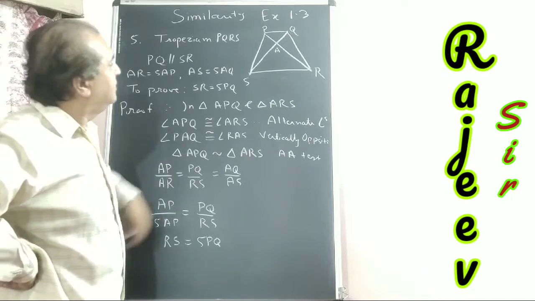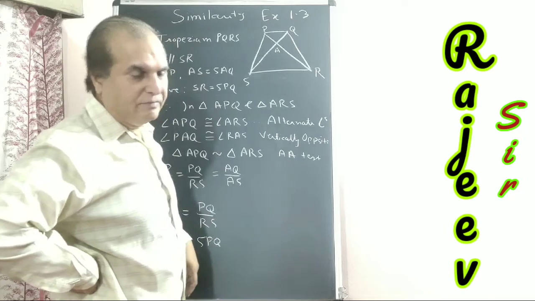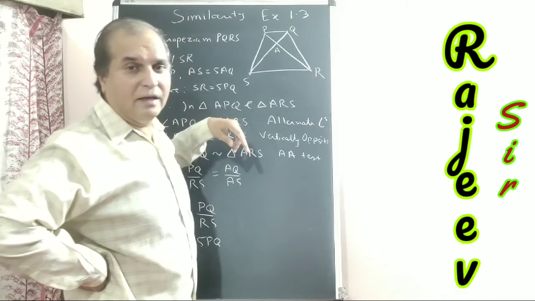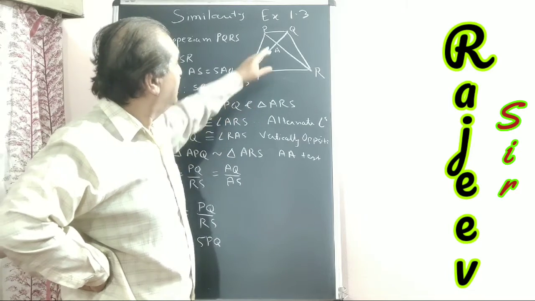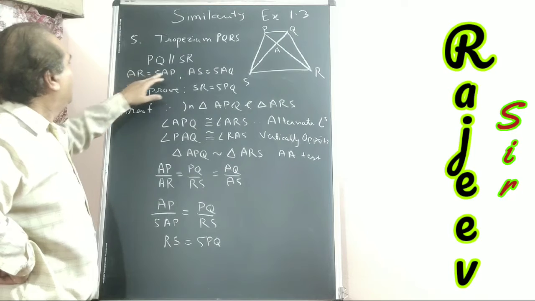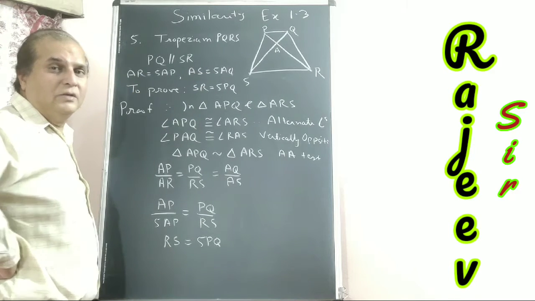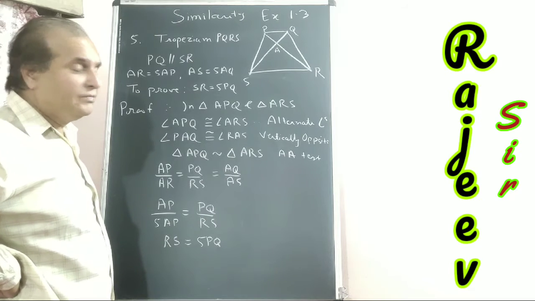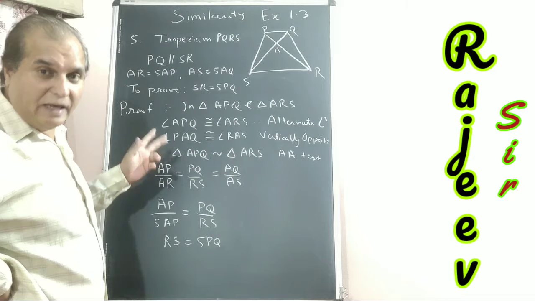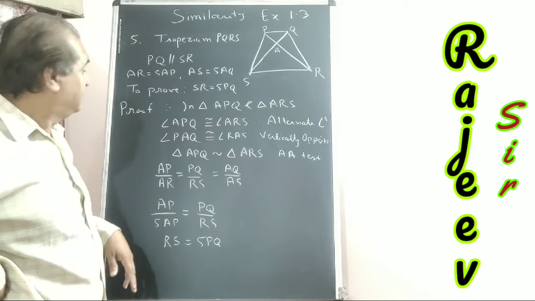So for that, you need to prove similarity between these two triangles. Now two tests are possible. As they are parallel, alternate angles and vertically opposite angles, and even the side ratio is given. AR upon AP is 5, AS upon AQ is 5. You can use SAS also. I am using the AA test. You try with the SAS test. Different ways you should know.